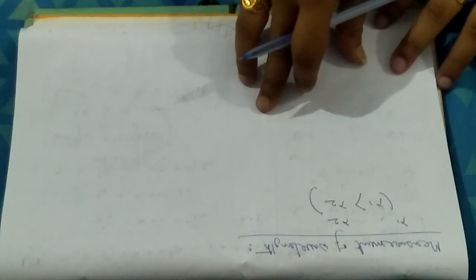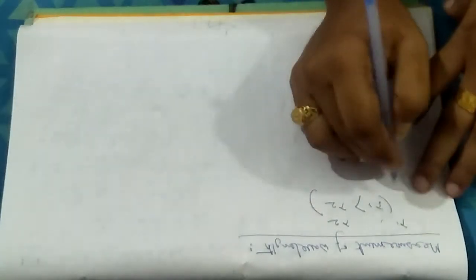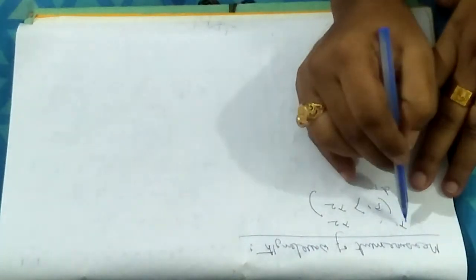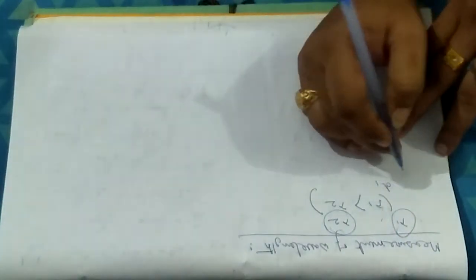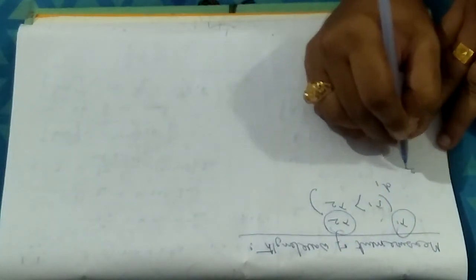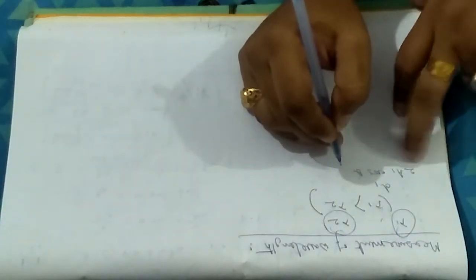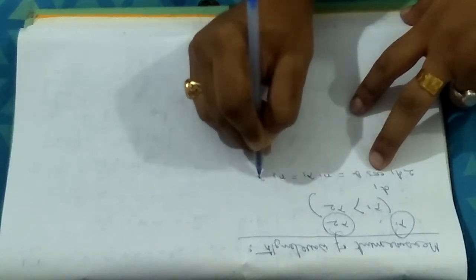Now the separation between the plates is adjusted to d1 such that the two fringe patterns coincide. I have introduced a separation d1 so that the fringe patterns for the individual wavelengths lambda 1 and lambda 2 coincide. Then what will be the condition for superposition? It will be twice d1 cos theta, the path difference 2d cos theta, will be equal to n1 lambda 1 equals to n2 lambda 2.